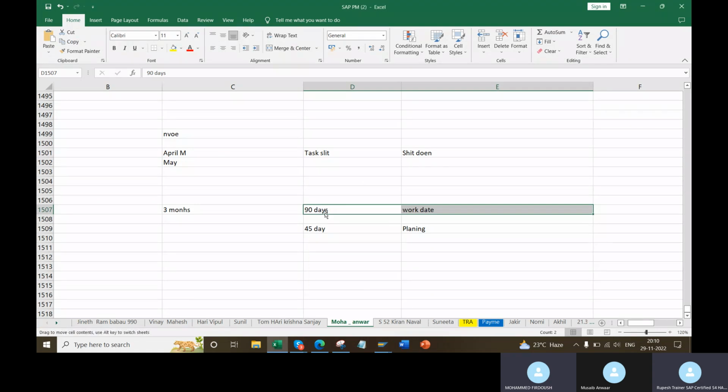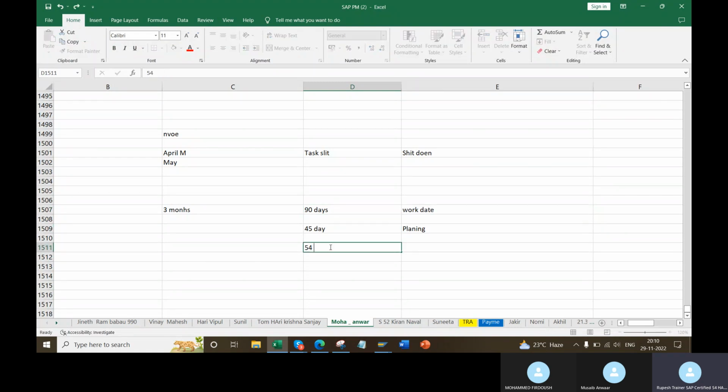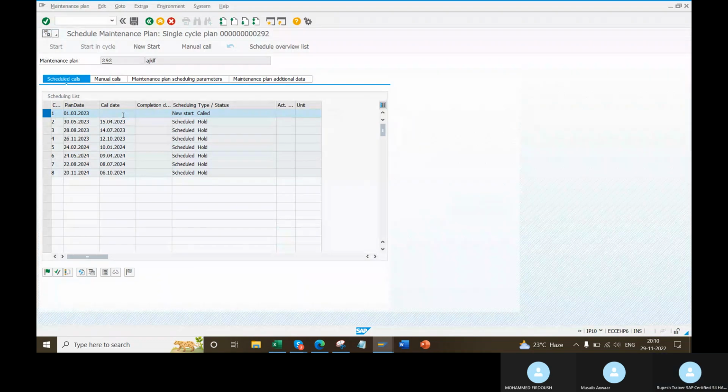Out of 90, 60% is 54 days. Okay. Here 54 means you will get the work order generated on 54 days. So here it will not be 15-1. It will be 24-1.